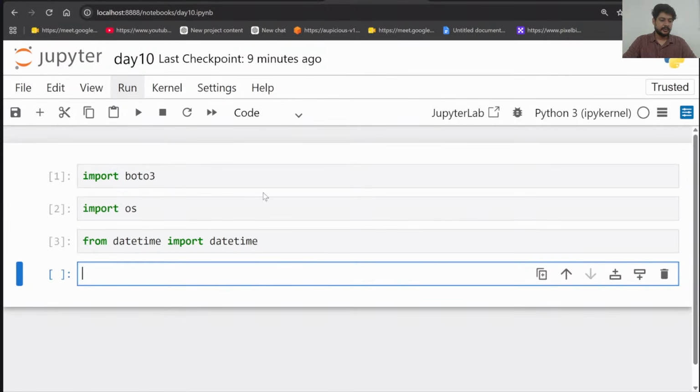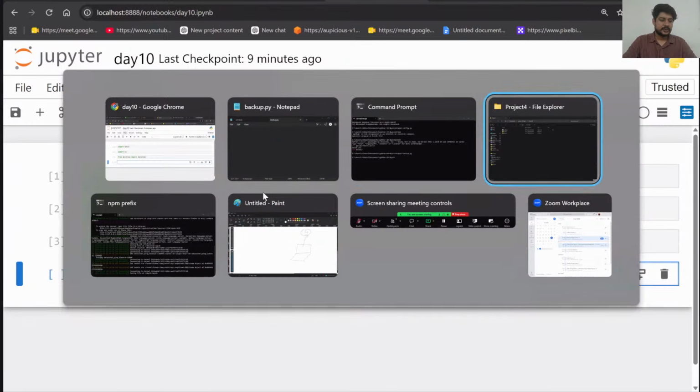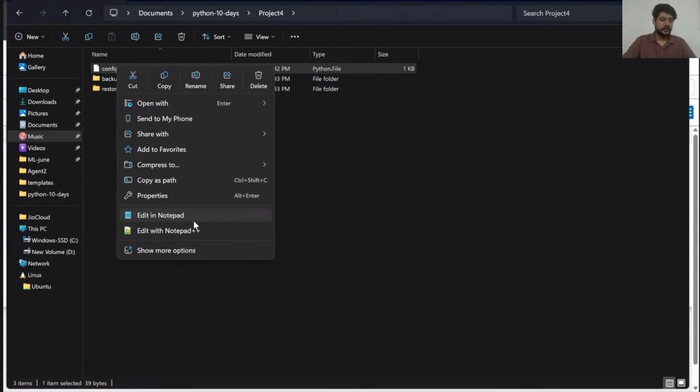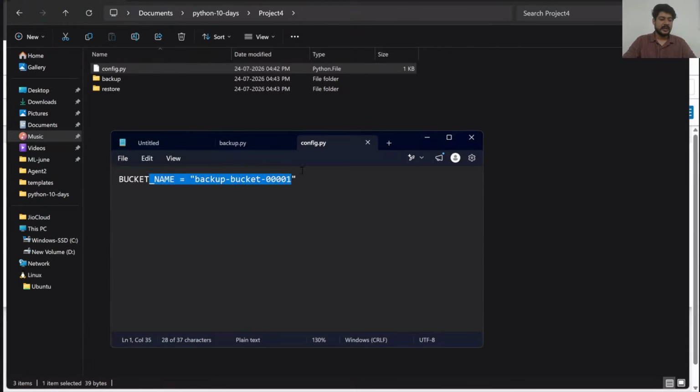And one more thing I need to import is my configuration file here. Whatever we have written inside our config file, this entire code, I want to open it over here. So this is the backup name. And inside this, one more thing I'll add. So what is my backup code? What is my bucket name? In fact, I can tell local folder also. Local folder, just a variable I'm creating, guys. Local folder is backup.